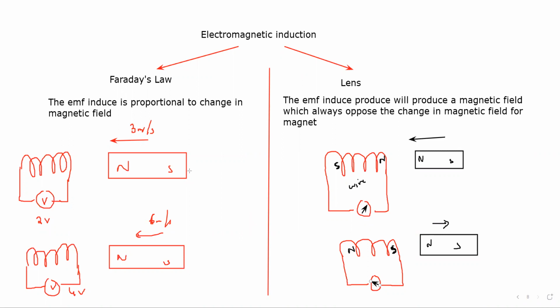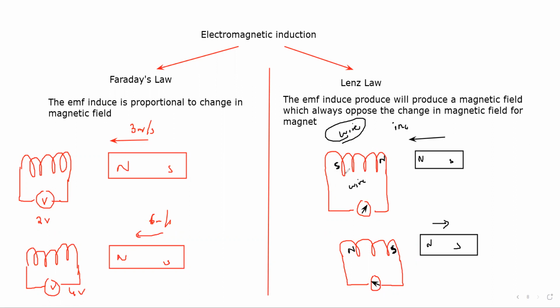When something is a law, law means practically its results are always the same. And this is Lenz. So Lenz's law states that induced EMF will always try to oppose the change in magnetic field. If you are moving the magnet towards, what happened? The magnetic field is increasing. So how will the wire oppose that? To oppose, the wire will try to decrease.